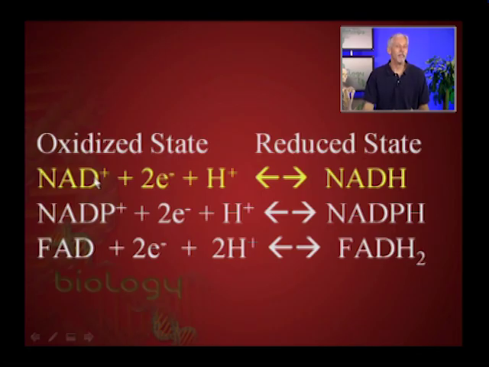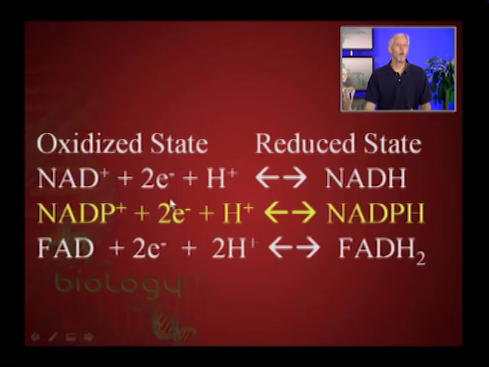back to NAD. So this is an important concept to understand, that these electron carriers can be reused. They can transport electrons to one place and then give up those electrons in another place. NADP, again, would be another example. NADP can pick up 2 electrons and a hydrogen, and it's reduced to the molecule NADPH. NADPH then can release that hydrogen and those electrons to some other molecule or some other location, and it's oxidized